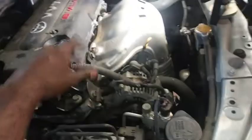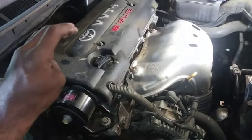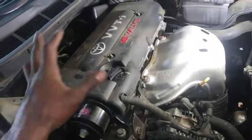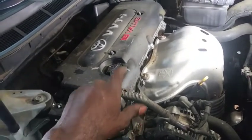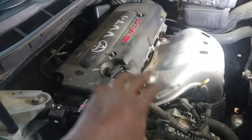I do have factory service information like I did when I rebuilt the last one. So all the torque specs, all the bits of information I need is going to be there. And again, this is going to be predicated, well, if I put a used motor here, it's going to be solely predicated based off of the condition of